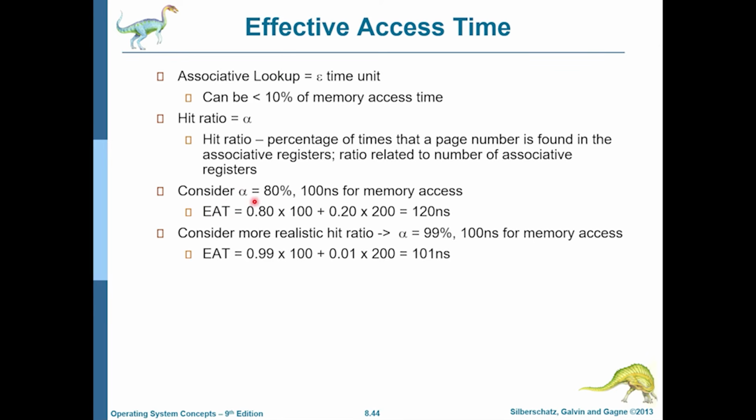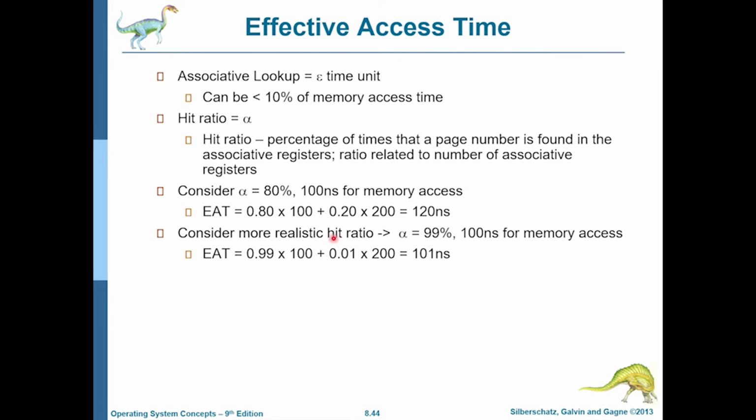So if the hit ratio is 0.8, which is 80%, and memory access time is 100 nanoseconds. So 80% of the time, you can figure out the page table mapping from a TLB. So you just have to do the real memory access, which is after you get the logical address converted to a physical address, you go to the main memory and get it. And 20% of the time, you have to do two memory accesses, that is 2 into 100 nanoseconds. One time to look at the page table, and the second one is the real access. So the effective access time is then 120 nanoseconds.